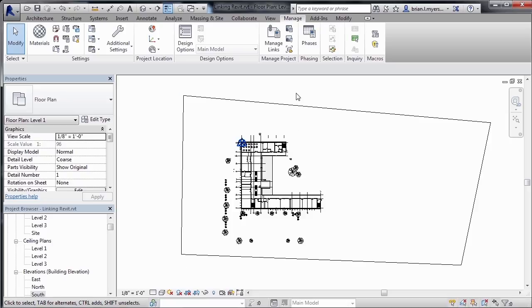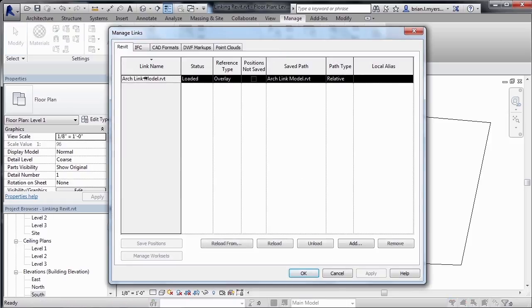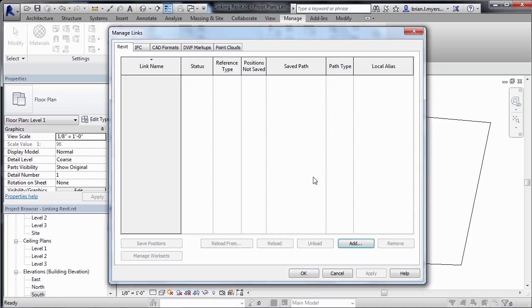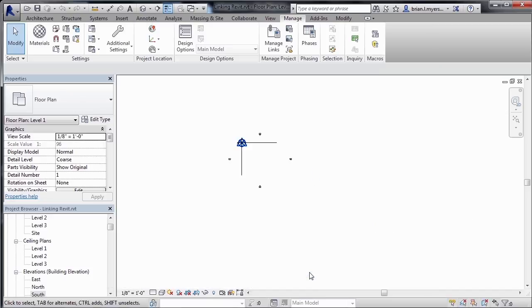Now, to prove that those coordinate points have stuck and they're part of that model, what I'd like to do is come in here to Manage Links, click on the Architectural Link Model, and now I'm going to remove that Revit link. It's going to give us a warning message, and that's okay. And I'll click on OK. Once again, I want to mention we did not have to do this step. I just want to show that when we link this file back into our current model, that it'll link in